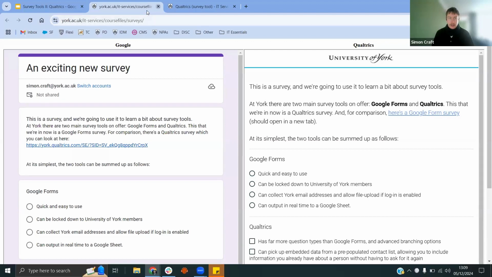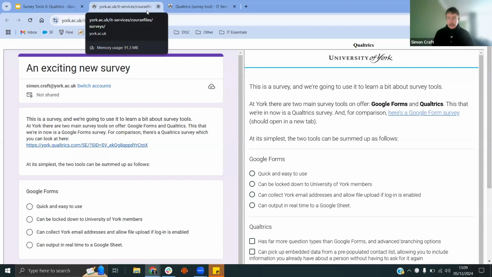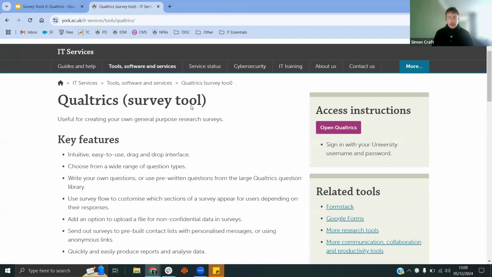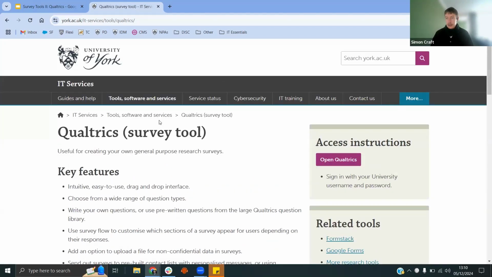So that being said, how do you actually get into Qualtrics is the next question. What you don't want to do, unfortunately, is just go straight to the Qualtrics homepage and try and sign in. You need to use the York link for Qualtrics to make sure you're signing in with your York licensed account, because otherwise it'll just ask you to create a free account, which will be very limited. But if you go to this Qualtrics page on the university website, so just search Qualtrics in the top corner on the university website, and then use this